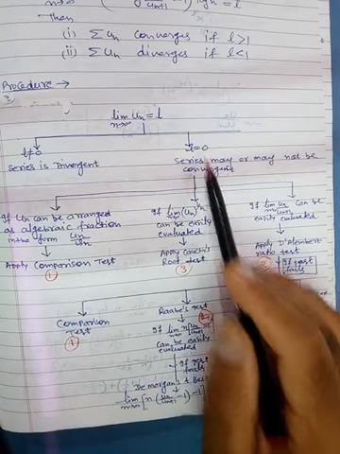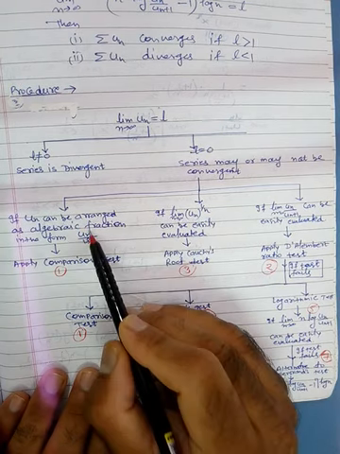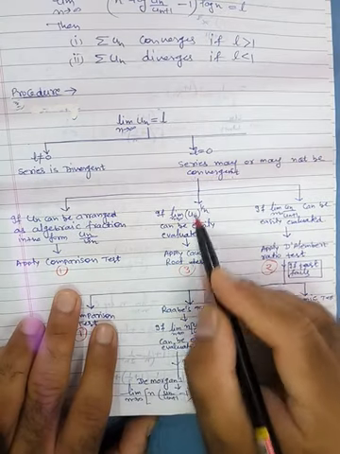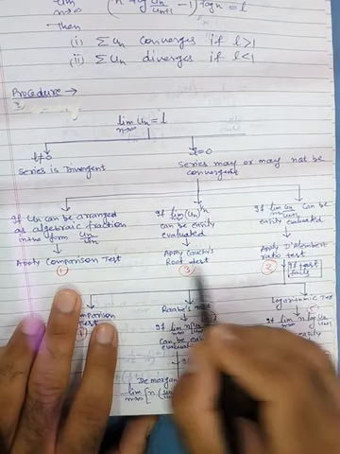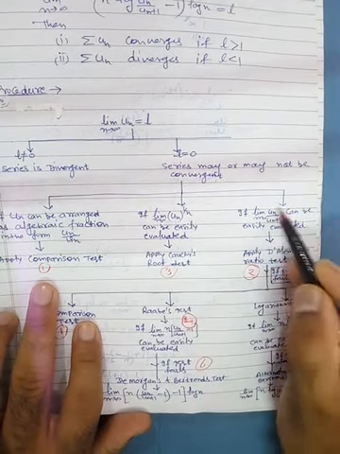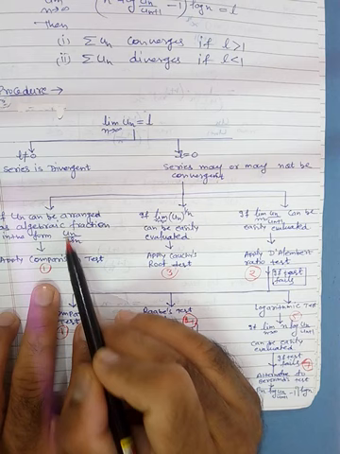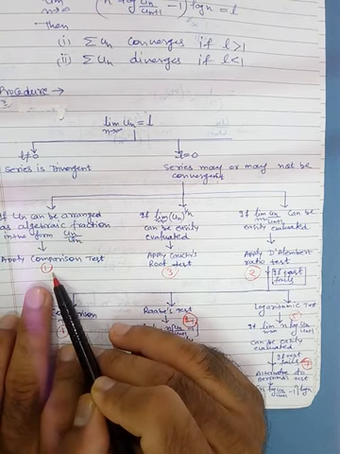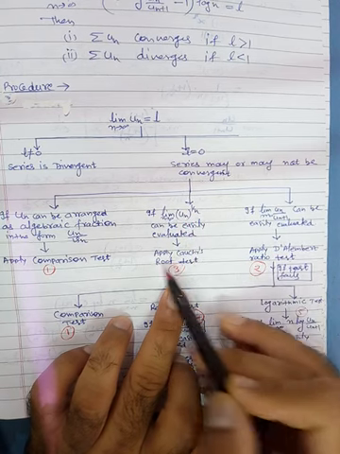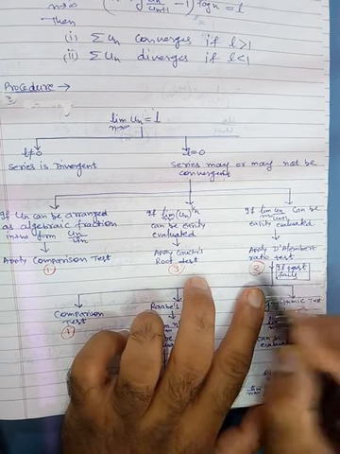Fine. So now when it is 0, then we may apply the comparison test, if you are able to easily find this value un by vn. If your un is of the form un raised to the power 1 by n, then apply the Cauchy root test. If you can easily find un by un plus 1, then apply the D'Alembert ratio test. So if you can easily find un by vn, then you can apply the comparison test. If your un is of this form, un to the power 1 by n, which you can easily evaluate, then apply the root test. And if you can easily find un by un plus 1, then apply the D'Alembert ratio test.